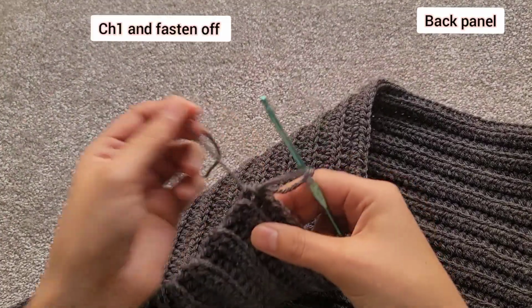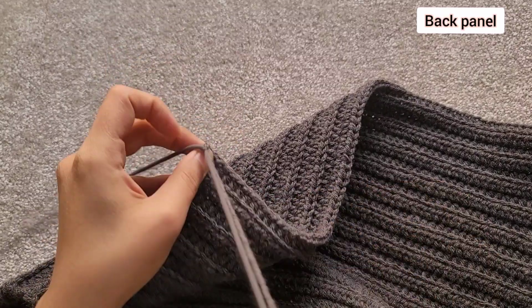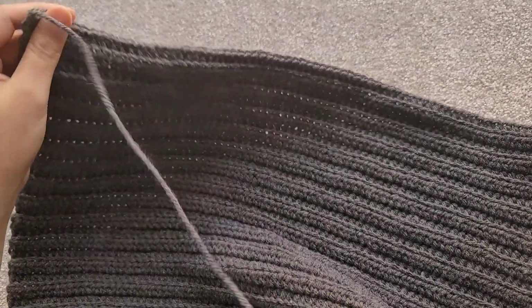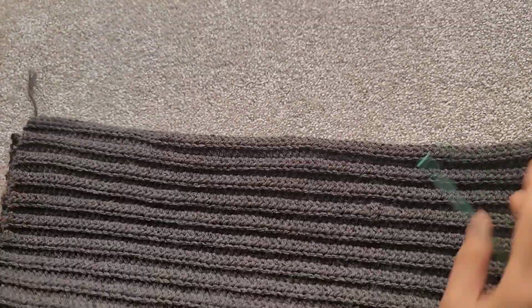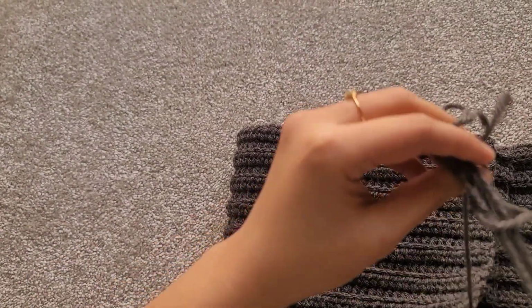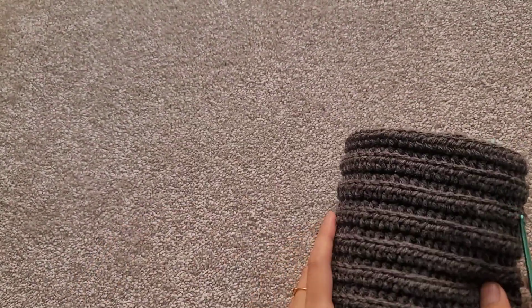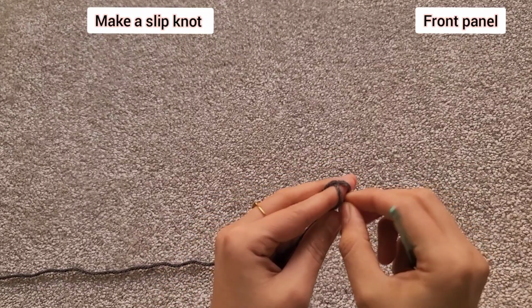And now once we are done, we'll just chain 1 and fasten off, and I'm leaving a long tail which will help me sewing it to the front panel. And now we can start with our front panel. And the front panel, the starting will be exact same pattern until we start the decreases. So we'll make a slip knot first. So let's make a slip knot,